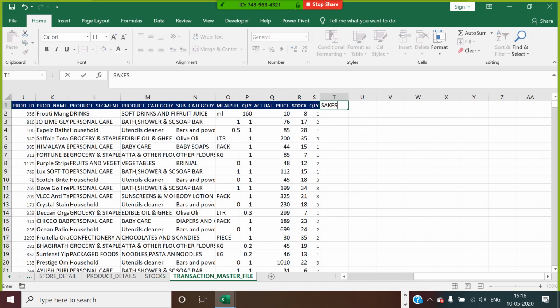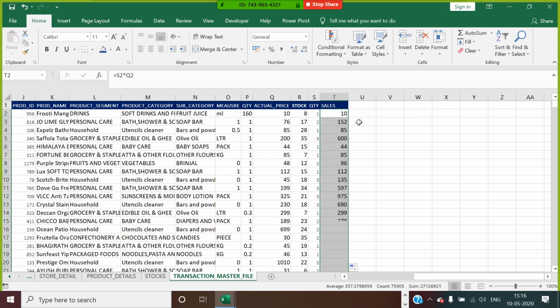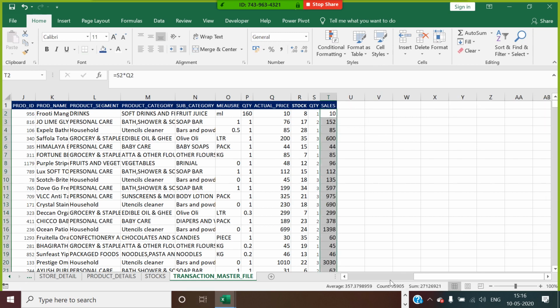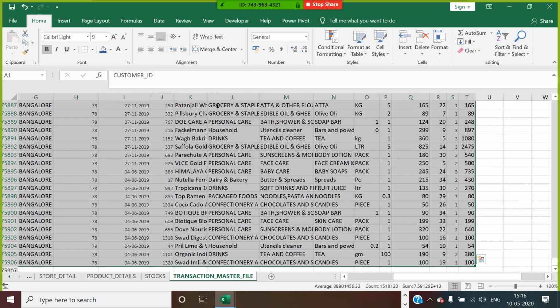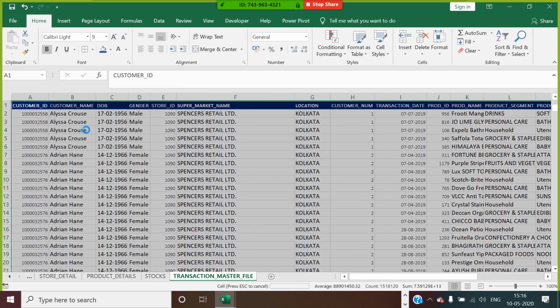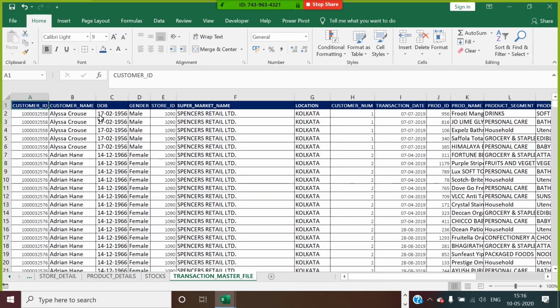So how to get sales value here, guys? Sales is going to be an expression here. It is the quantity multiplied with the product price, which you get over here. So this is how you design this complete data model now. Now this data model can be used for the analysis. So this is the importance of knowing VLOOKUP to design a data model. Guys, is that clear now? What is the importance of VLOOKUP?